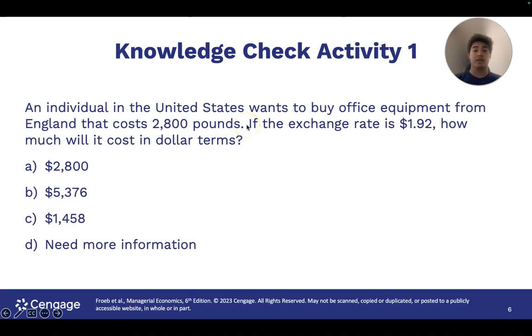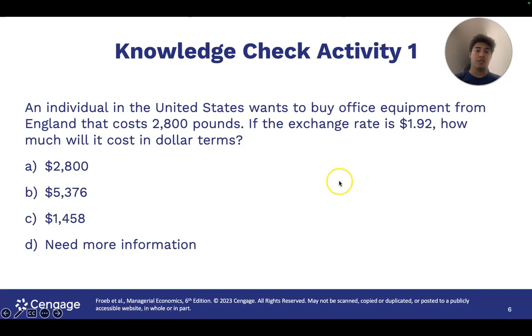So here's a knowledge check. So we're just going to apply the currency exchange into how to actually use it and how it actually works. So say you want to buy office equipment from England, but the cost is £2,800. If the exchange rate is $1.92, how much will it cost in dollar terms? So all you would do here is £2,800 multiplied by 1.92, and that should give you around